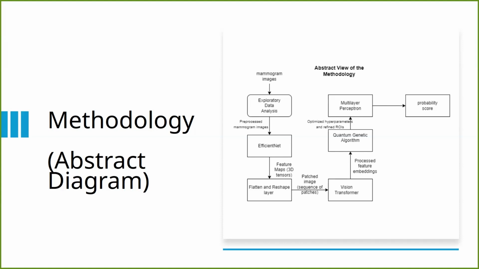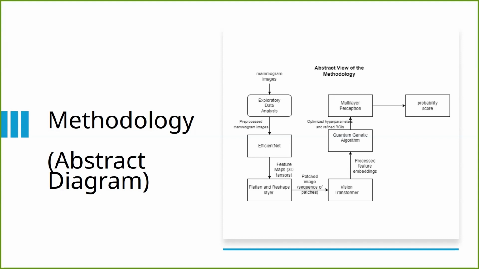So the output of the flattening layer is the patched image or a sequence of patches, which then enters the vision transformer. The vision transformer applies self-attention mechanisms to capture long-range dependencies and then outputs processed feature